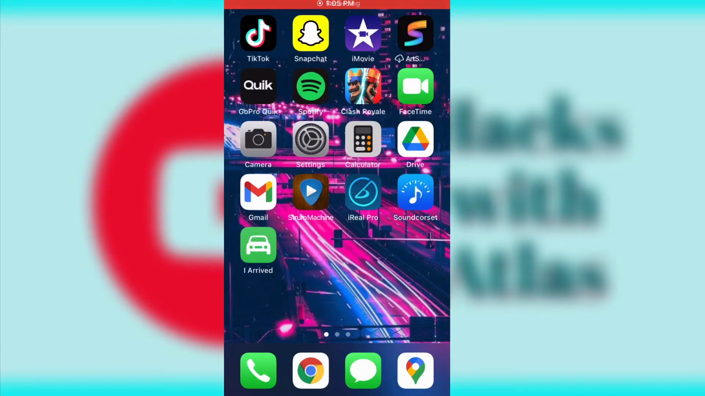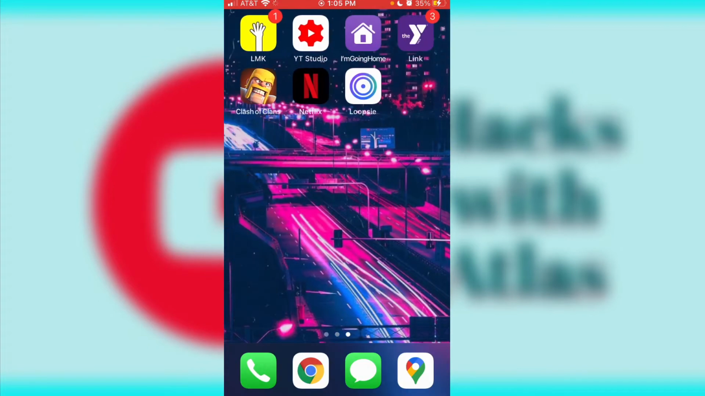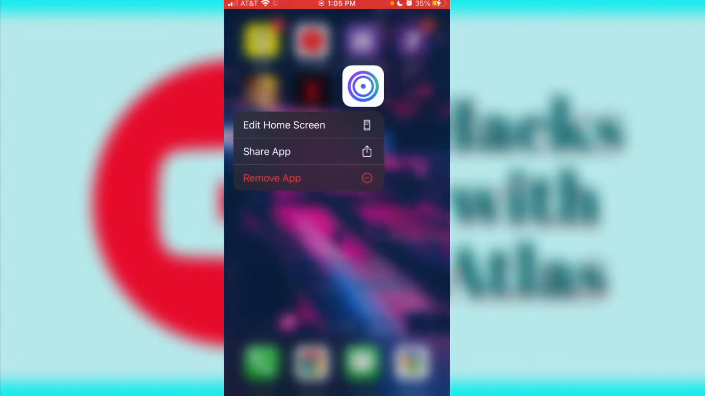Today I'm going to be showing you how to do the 3D photo trend on TikTok. So basically you're just going to make a 3D photo and then you can throw it together with the music in something like iMovie. Okay, so you're going to want to get this app Loopsie, and for some reason this